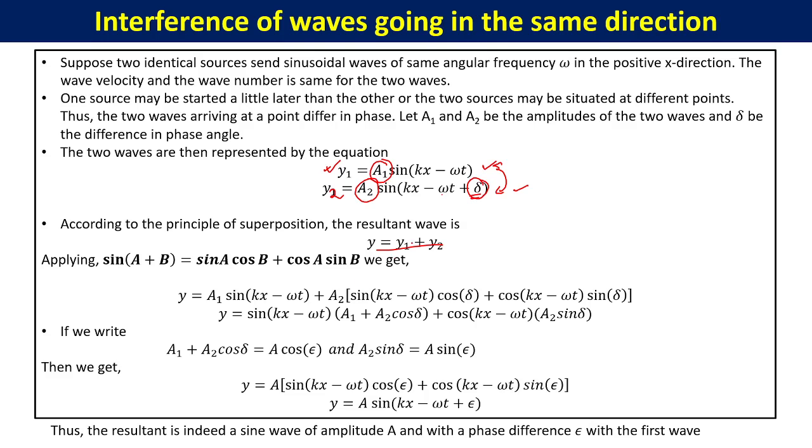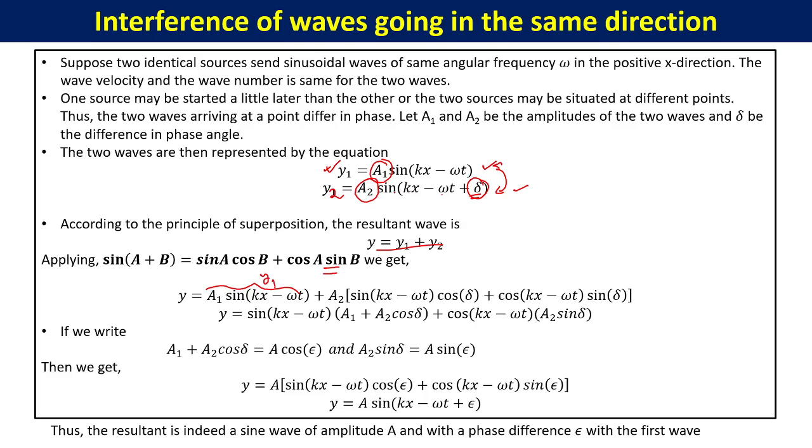Clear? So there is a formula you must remember: sine of a plus b is equal to sine a cos b plus cos a sine b. This trigonometric identity is something that we will use here because we have a sine function. So what can we write? We can write y is equal to a1 sine of kx minus omega t, which is nothing but y1 itself, plus